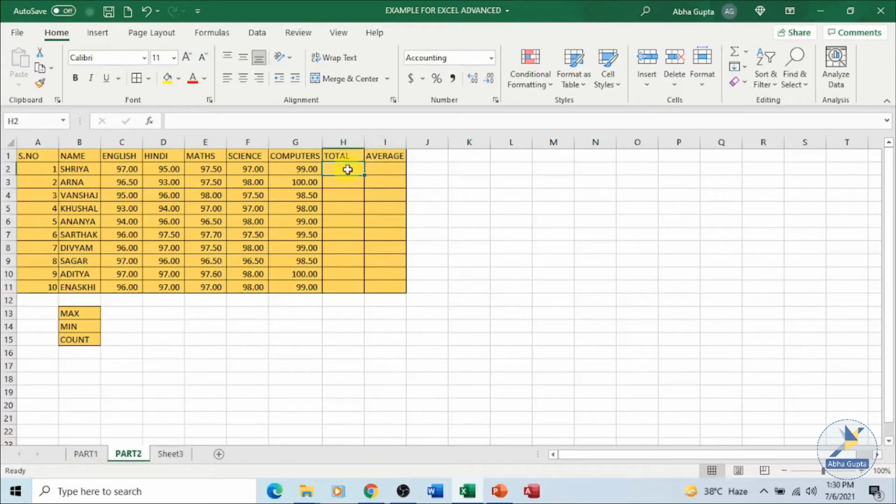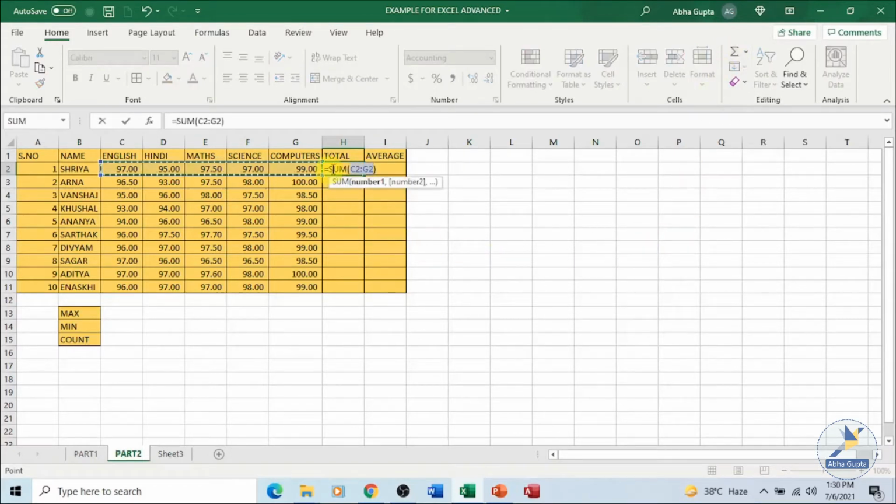Say I want to calculate the total. This is my active cell. Once it is active, in your home tab under the editing group, you have the AutoSum command. Click on the AutoSum command. You will get your function, the sum function automatically. You don't have to type anything. Plus the range, the adjacent cells, it will detect the adjacent cells and give you the range.